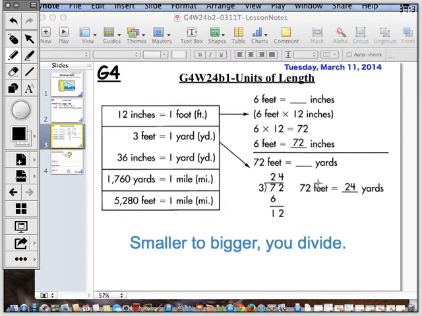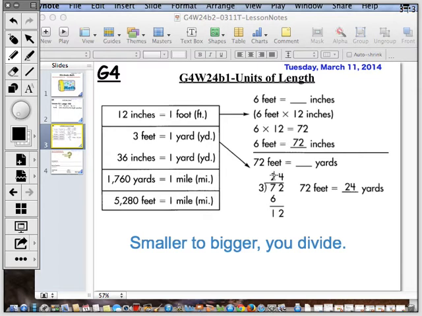And notice how feet have to be divided by feet. The same unit of measurement has to be divided by the same unit of measurement. You can't divide feet by yards. So you converted 1 yard into 3 feet. And after dividing,